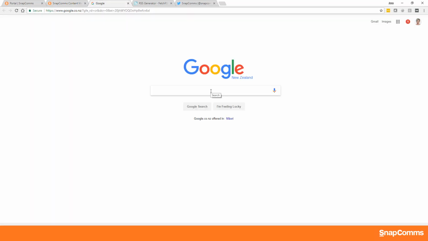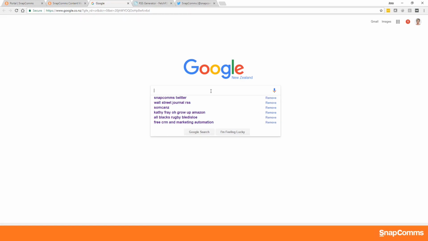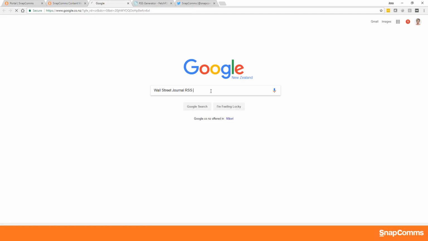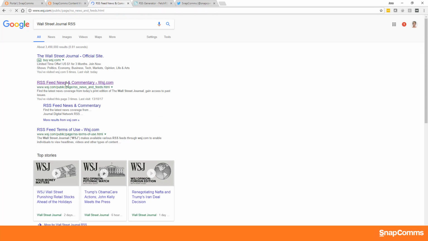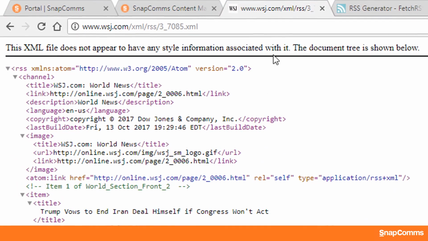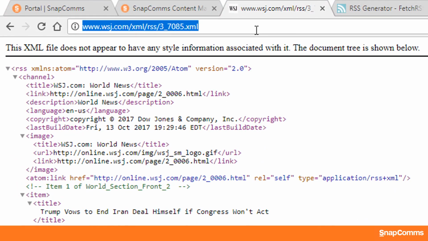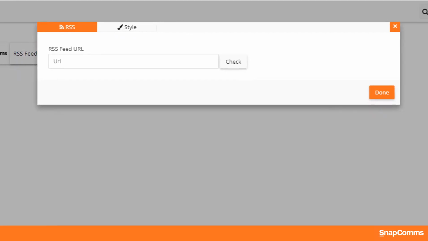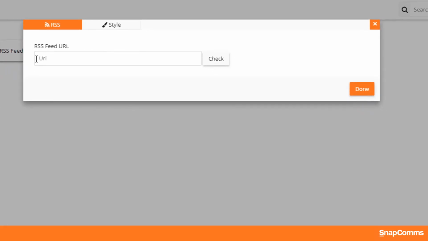To find the URL, Google the Wall Street Journal RSS and select the category you prefer. Then copy the URL from the browser address bar, go back to the SnapComms Content Manager and paste it in